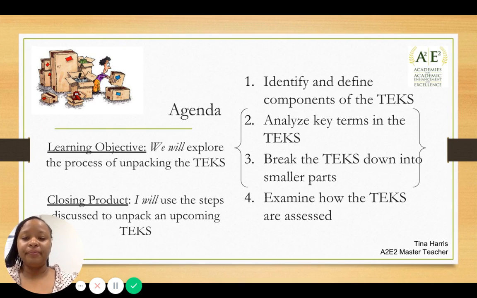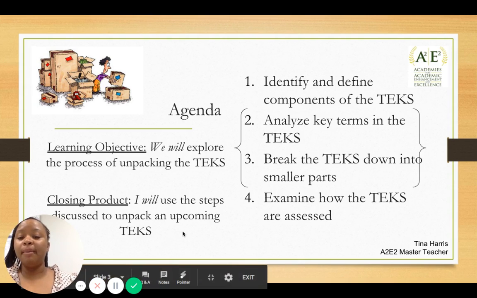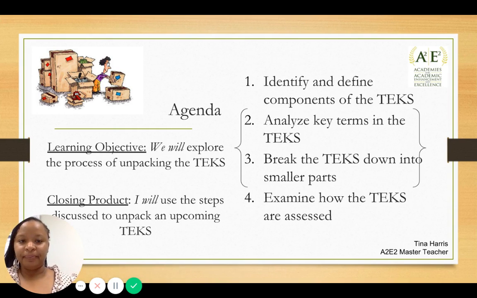Now, the objective of this training is to explore the process of unpacking the TEKS. By the end of this training, we should be able to use the steps discussed to unpack an upcoming TEKS. We're going to do 4 things today. We're going to identify and define components of the TEKS. What are they? We're going to analyze key terms in the TEKS. We're going to break those TEKS down into smaller components or parts, and then we're going to examine how the